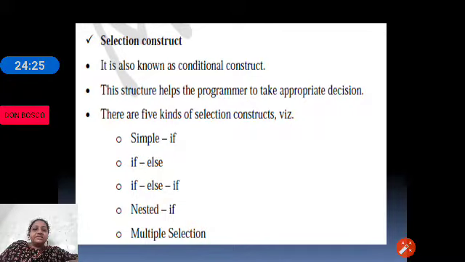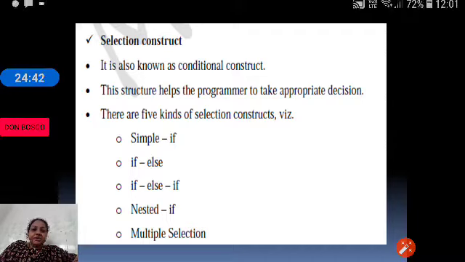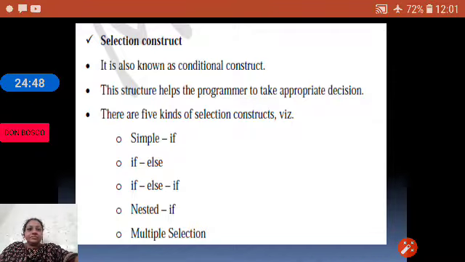So selection constructs are helpful in decision making. As we know, the computer is a dumb machine; it is not able to take any decision on its own. But with the help of selection constructs, the programmer can make the computer take appropriate decisions.